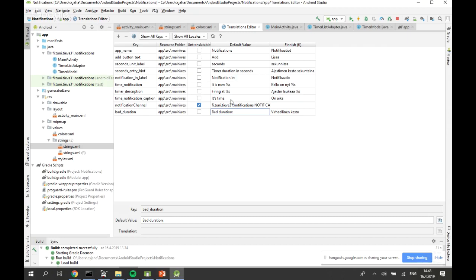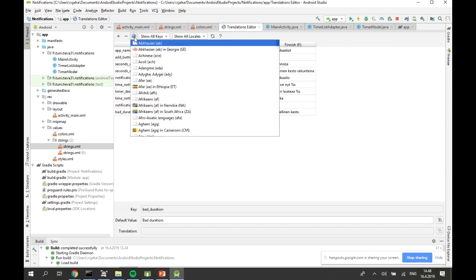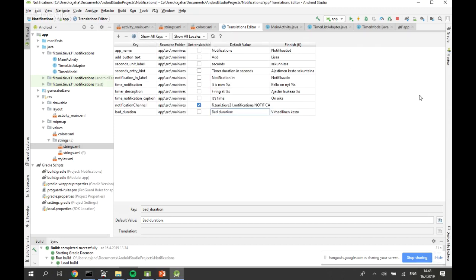So I have here translated all the texts in the interface, and I have marked one, this ID value. I don't want to translate that, so I have marked it as untranslatable. For example, application names and this kind of code level strings and maybe some trademarks, you don't want to translate those, so you just mark them untranslatable. You can add any languages you want by clicking this button and typing in, and you get new fields in this table. If you have lots of languages, you don't want to see them all, so you can open this one and show and hide